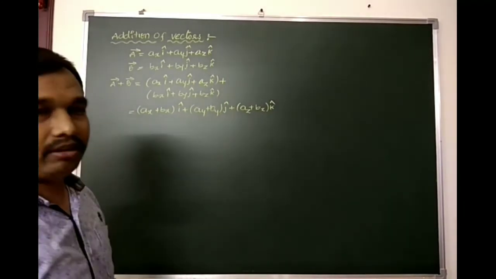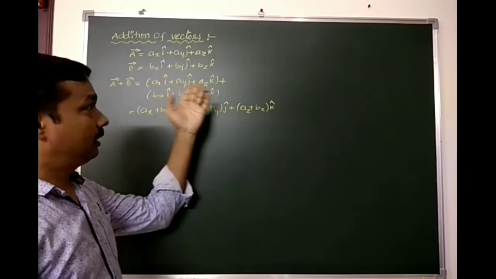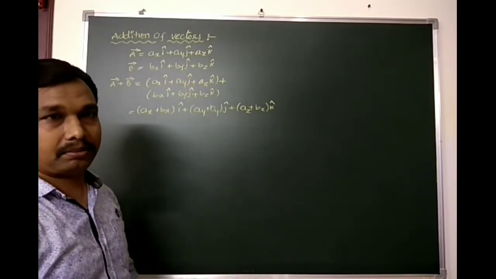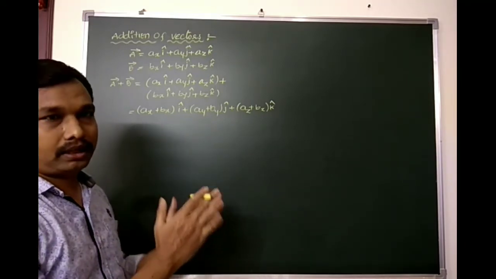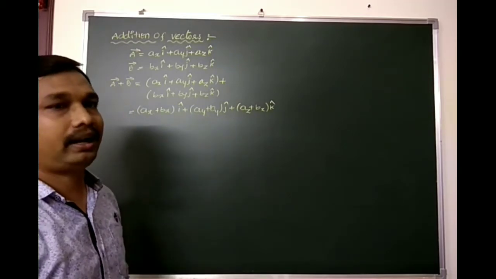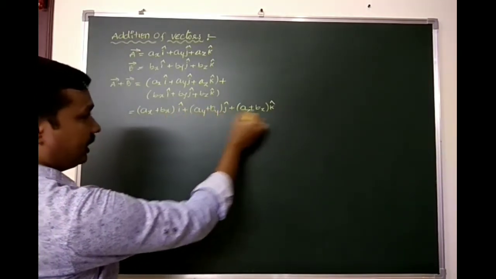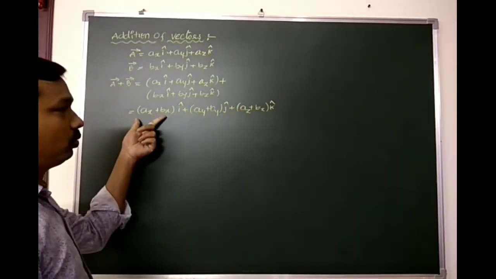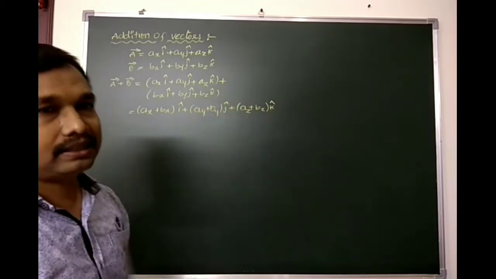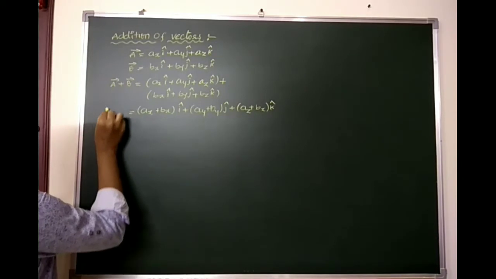It is like how many bananas, how many apples, how many pineapples. We will add them differently: bananas separately, apples separately, pineapples separately. Like that, we need to add different numbers along the direction i, along the direction j, along the direction k. This gives the total magnitudes along x-axis, y-axis, and z-axis respectively. Okay, and this is about addition.